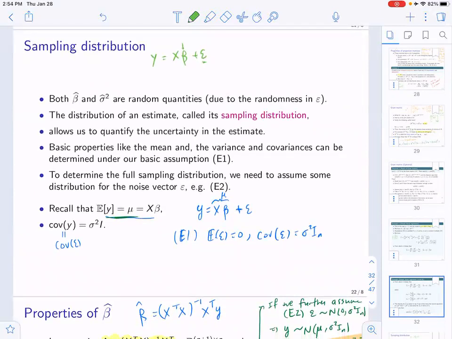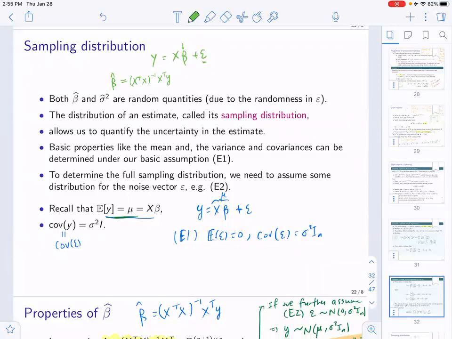These estimates depend on y. For example, beta hat is X transpose X inverse X transpose y. Hence, beta hat is itself a random quantity, and similarly for sigma hat squared. What we want to do is characterize the distribution of these random variables,